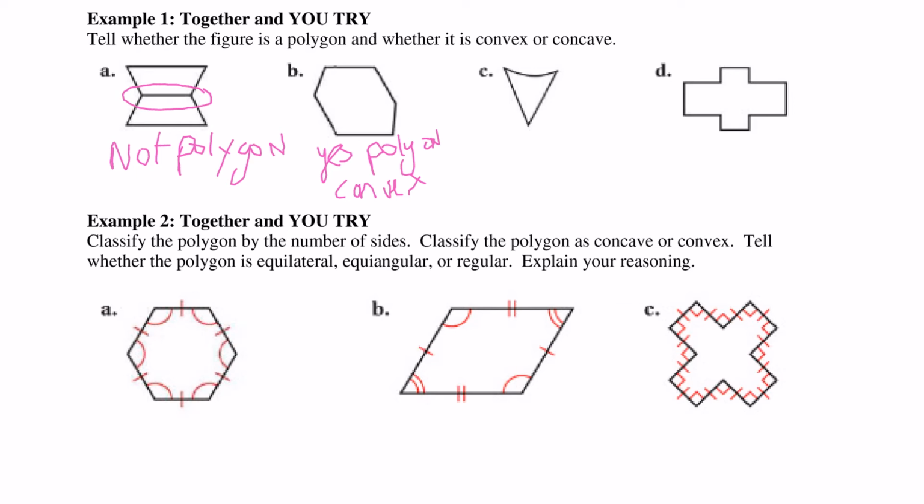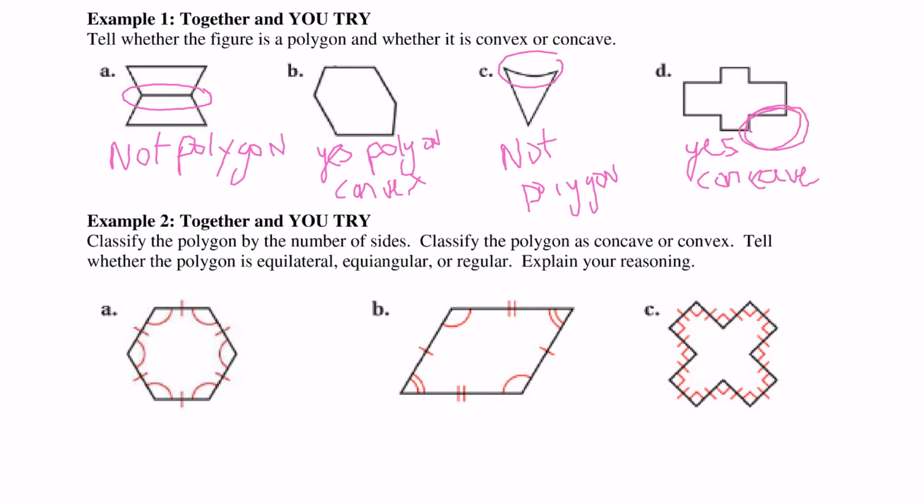All right, so this first one, you should not say it is a polygon because of that curved edge right there. This next one, you should have said yes, and it would be concave because of these little pieces right here where it caves in, and we only need one of those for it